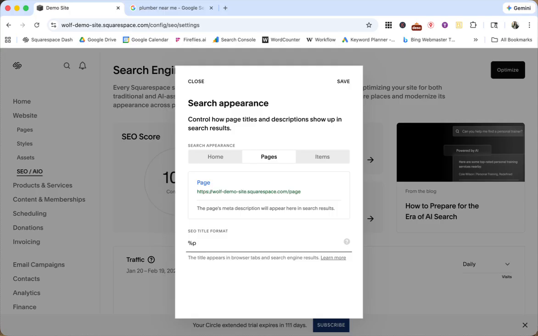But on rare occasion, sometimes I do want to leave that site title in here. So it just depends on your website. In most cases, I just opt in for the page title. And same with items. This is like blog posts, for example. You're going to have the blog post title and then the site title. And again, in most cases, I delete this so that I have the full 50 to 60 characters when I'm